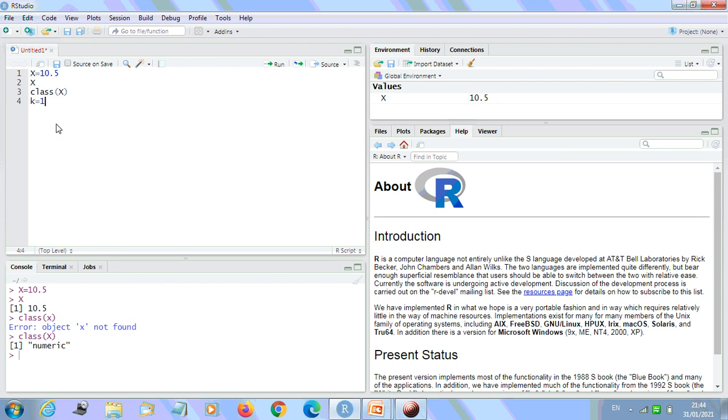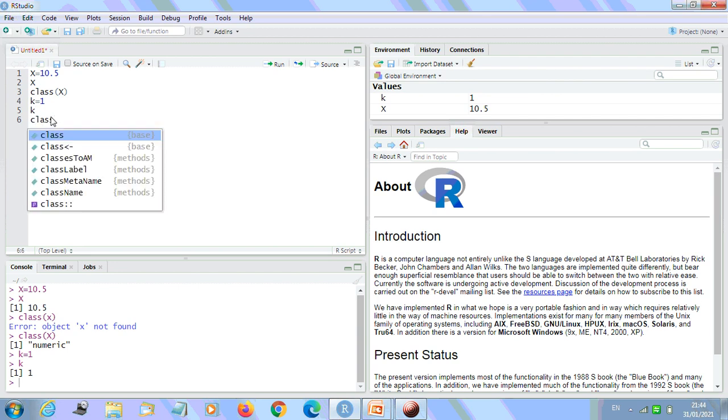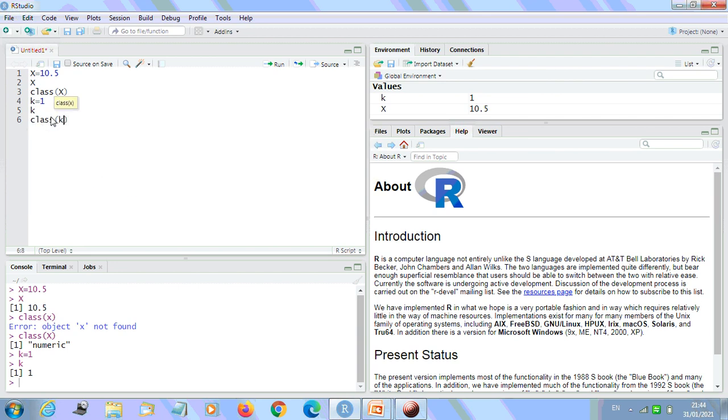Let me give some value to it and print it again. We have to select everything and run. See, k equals 1. What will be the class of this k? The class of k is again numeric.